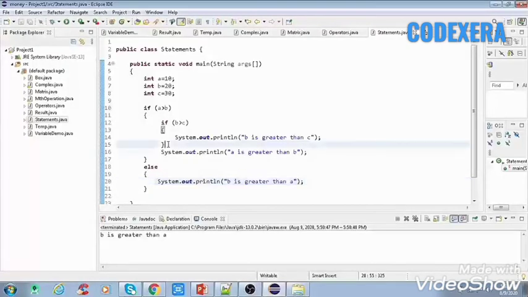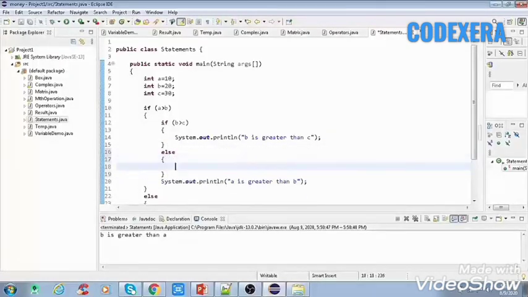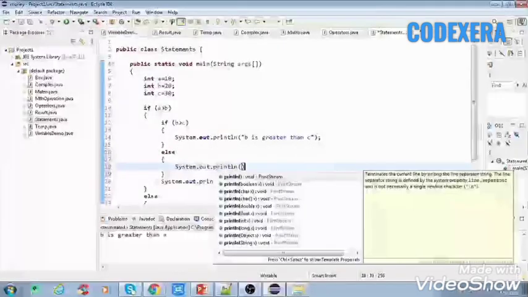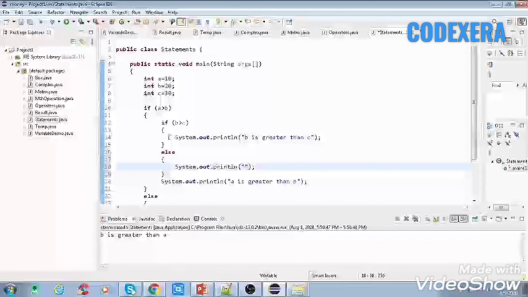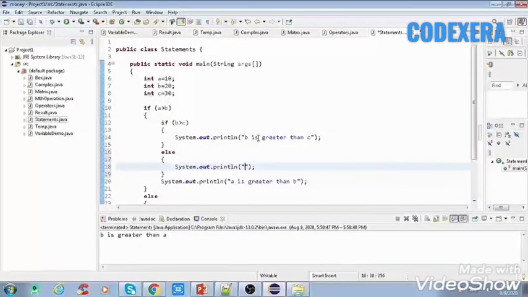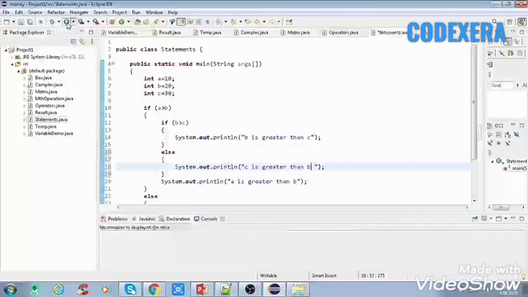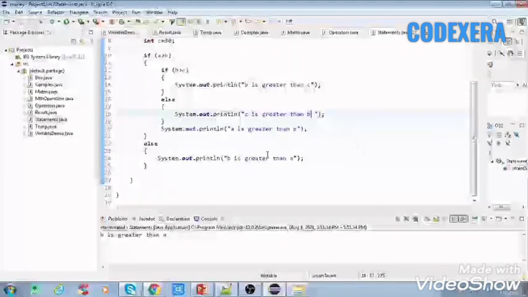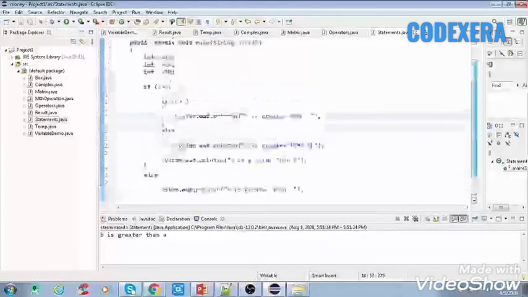So firstly we'll do that by using else statement, and here we'll print system.out.println, and here we'll write the opposite of this condition, that is c is greater than b. Now we'll see whether it will execute or not. So here we are saying that b is greater than a, so this block is executing.